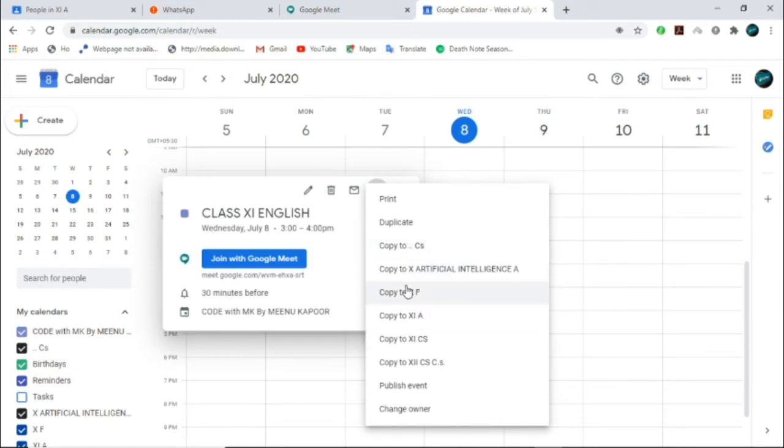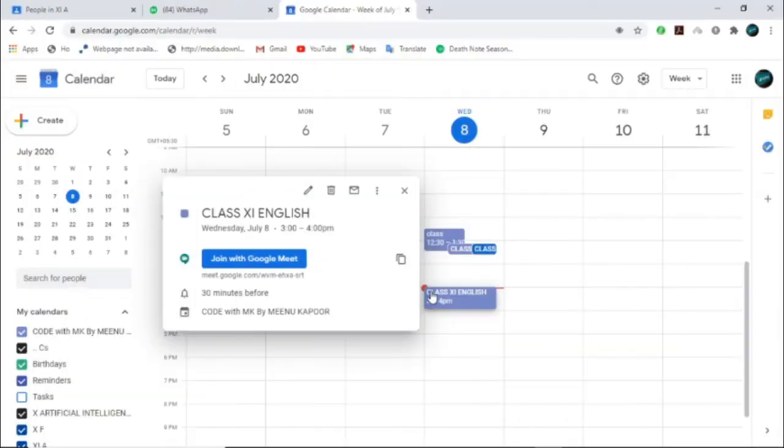some existing classes that I have created on Google Classroom. If you are using Google Classroom, then you can directly copy this into your classrooms. Say I have class 11th A, 11th Computer Science, 10th F, 10th A, Artificial Intelligence. If I want to, I can directly copy this link into my classroom.